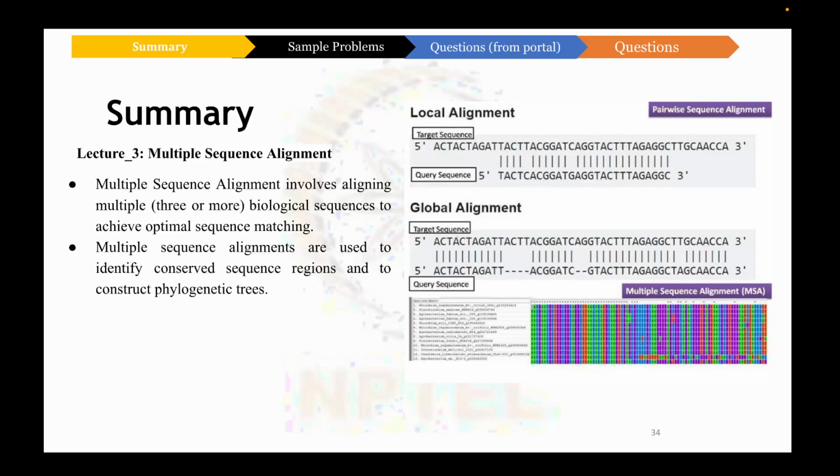Then we have dynamic programming, which is used to find the optimal alignment between two proteins or nucleic acids by comparing all possible pairs of characters in the sequences. Dynamic programming can be used to produce both global and local alignment. Global pairwise alignment using dynamic programming is based on the Needleman-Wunsch algorithm, while dynamic programming in local alignment is based on the Smith-Waterman algorithm. Followed by that, we have also discussed the word or k-tuple based methods, that is FASTA and